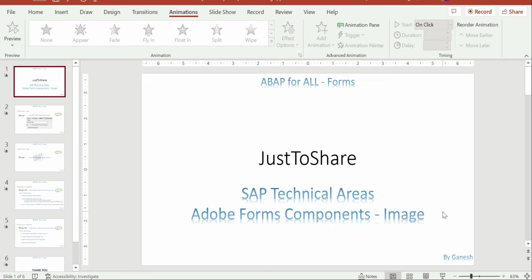Hope you're doing great. Today I'm going to explain a single component which we're going to use much in Adobe Forms. It's nothing but image or image field. Okay, so that's what we're going to see today. And before it begins,